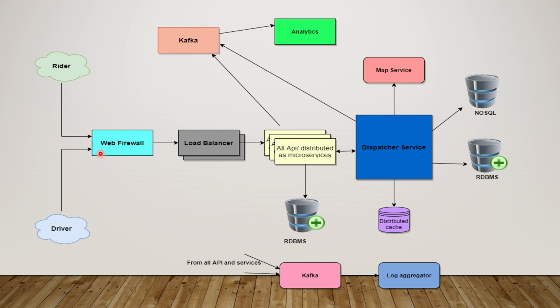The rider and driver should pass through a web firewall. Now this is very important. Why? Because there can be some bots which are constantly sending requests as a rider, so we need to block all those. There can be some bot which is showing the availability of a cab in some location where our application has still not been rolled out. Basically it is trying to show me a location in the US, and my application is rolled out in India only. So those kinds of things need to be blocked. That is why we need a web firewall here.